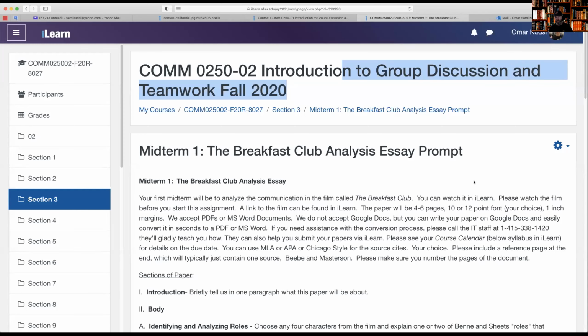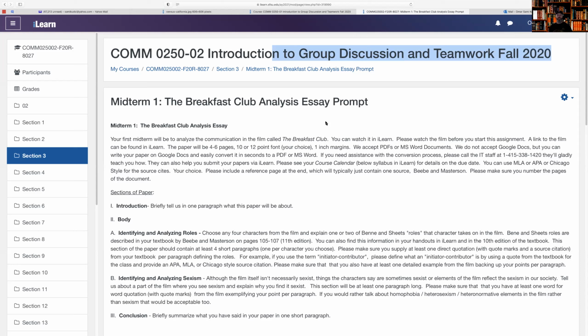We're used to reading movie reviews, and movie reviews tell us whether or not we like a movie and whether we should go see that movie. The most famous movie reviewer of all time was Roger Ebert, and if you look at rogerebert.com, you can see a review of movies. That's great, but it's actually not what we're doing here so much. He did sometimes analyze movies in order to review them to see if you wanted to see them or not. But in this case, we're all watching the movie. It's not whether or not we're going to watch it, but rather it's an analysis of the film.